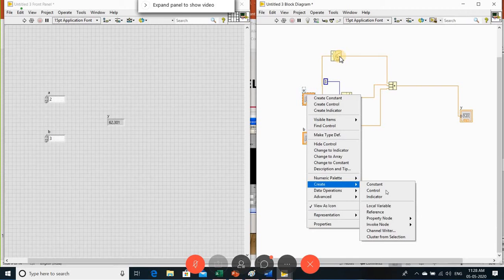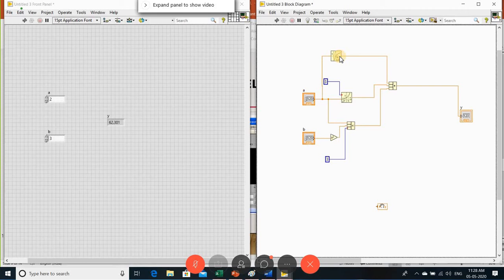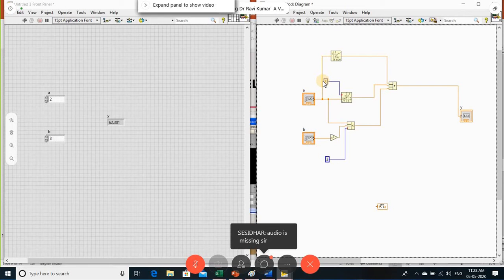So I change the mode to read, because it is an input.